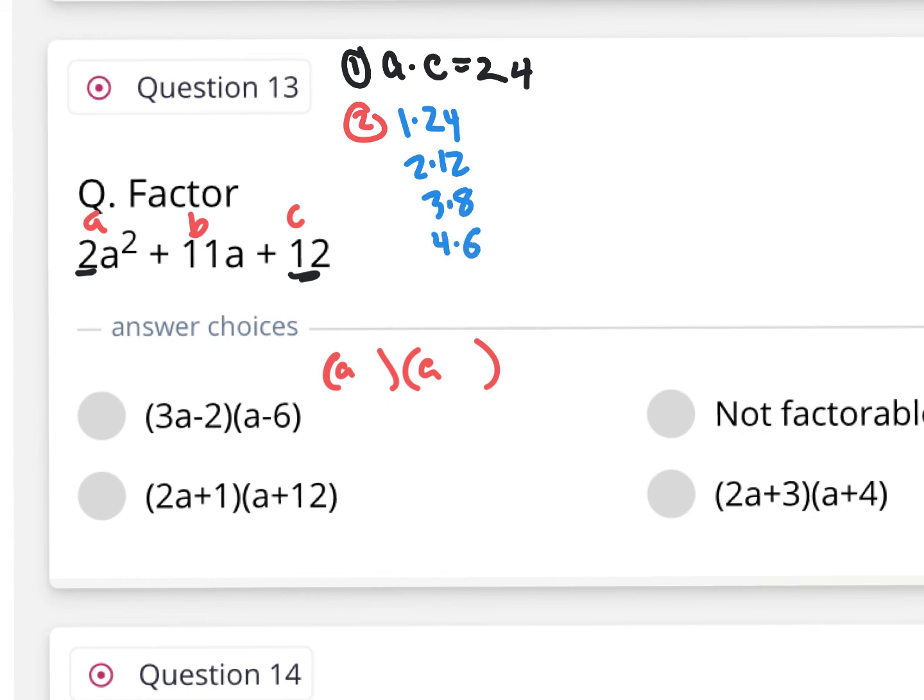Which pair of numbers combines together to give us the middle value 11? Well, that will be 3 plus 8. That'll give us 11. So at this point, you have the option of changing your trinomial to a polynomial by rewriting the middle value 11a to become 3a plus 8a, and you'd have 4 terms, and then you could factor by grouping, or you could use that shortcut method that we learned in class where you simply, let me highlight